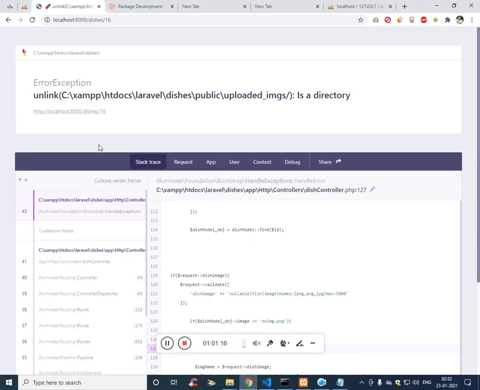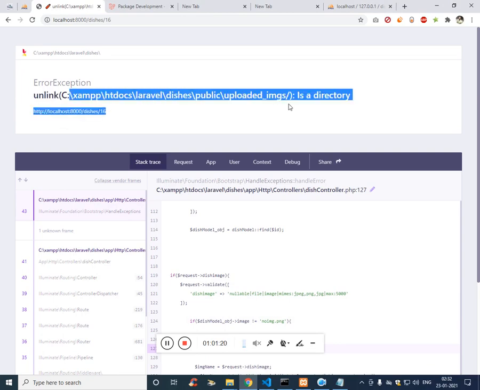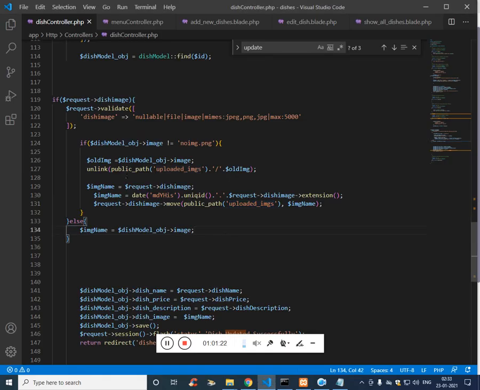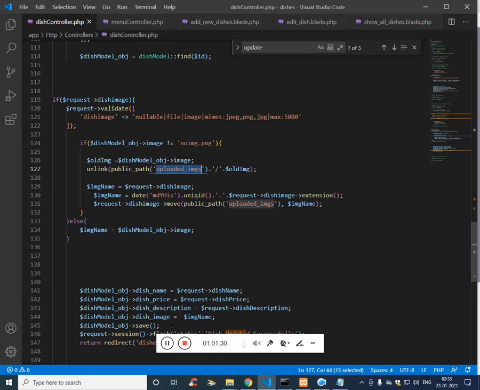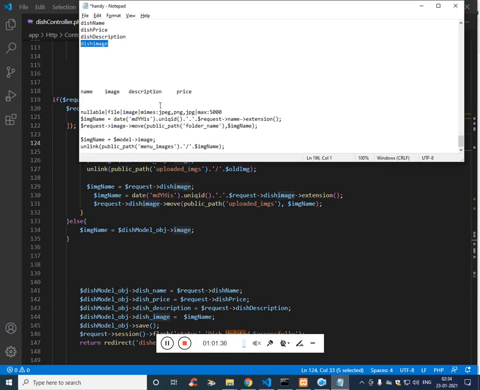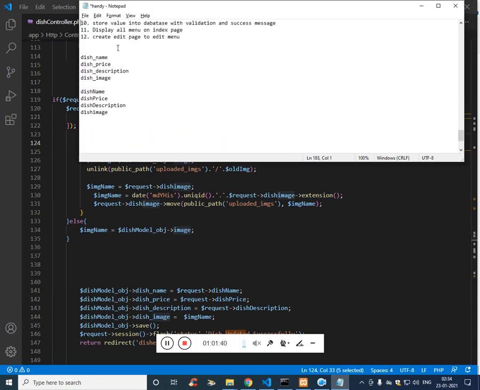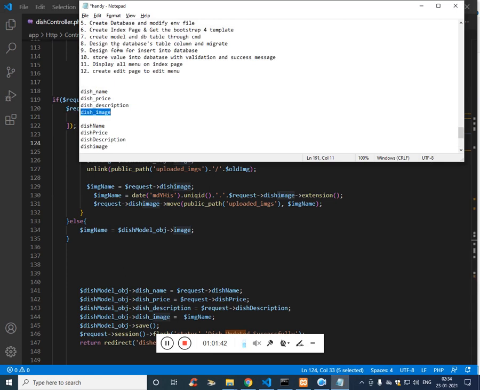What it is actually saying is I unlink, I think this is what is making the issue. Yes, the mistake is that we have the column name as dish underscore image, not image.